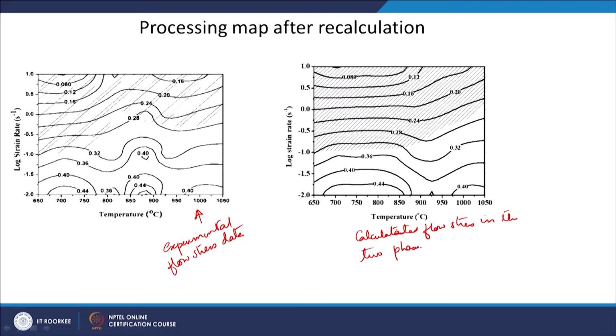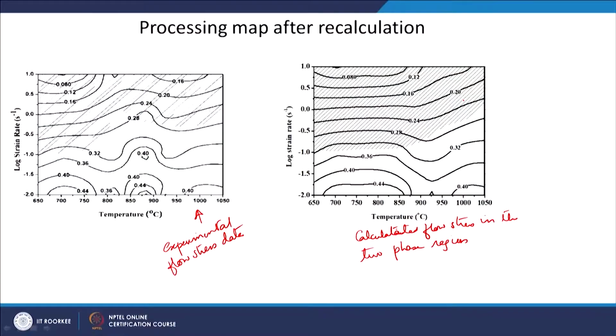So, in the single phase region we have taken the experimental values only, but in the two phase region we have taken the calculated stress value, and now you can see the processing map looks quite different from the earlier one. The main thing is that you are able to get a very high efficiency zone directly from around 675 or so degree Celsius up to 850 degree Celsius, where actually we see either partial recrystallization or